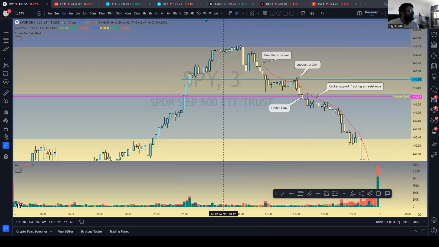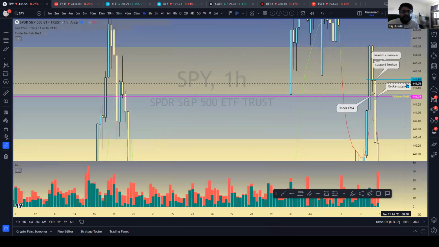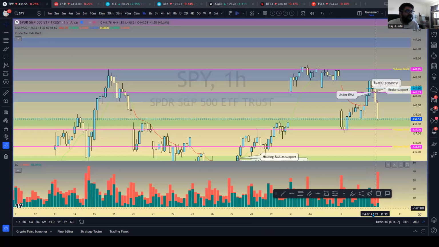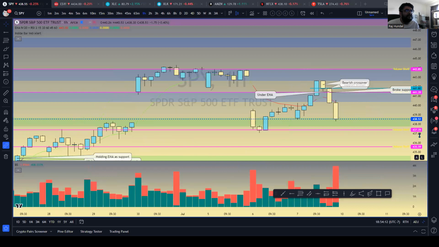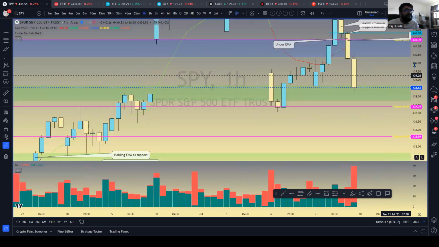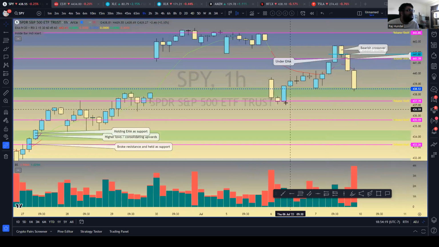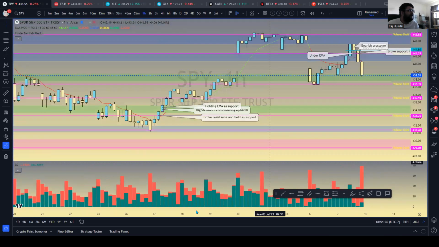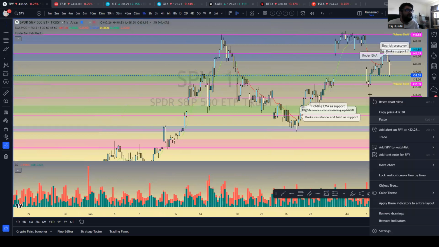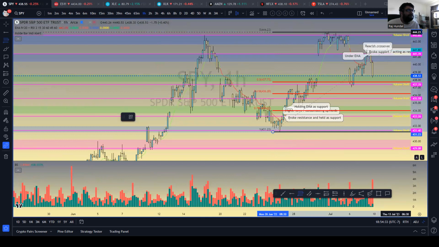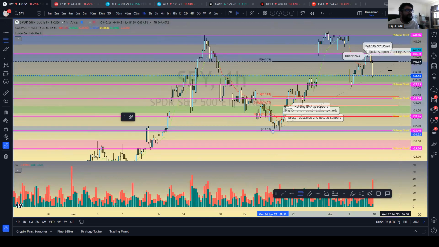And let's look at SPY real quick. Let's see, demand at 438, 437. Let's see what we have here. Oh yeah, we're actually in a golden zone right now. So not only are we at support, we're at really, really important support. We're at a golden zone, and I believe it's a golden zone in an uptrend. Let me make sure. Let's see here. Yeah, so we're